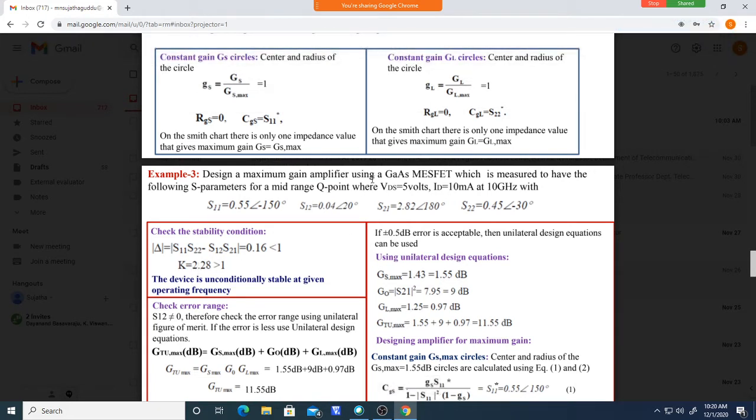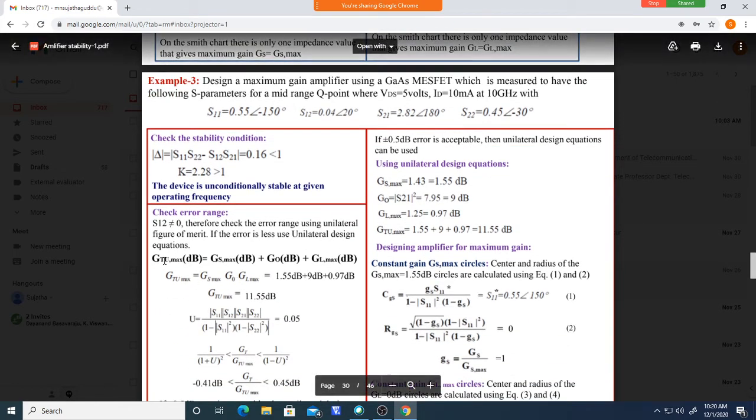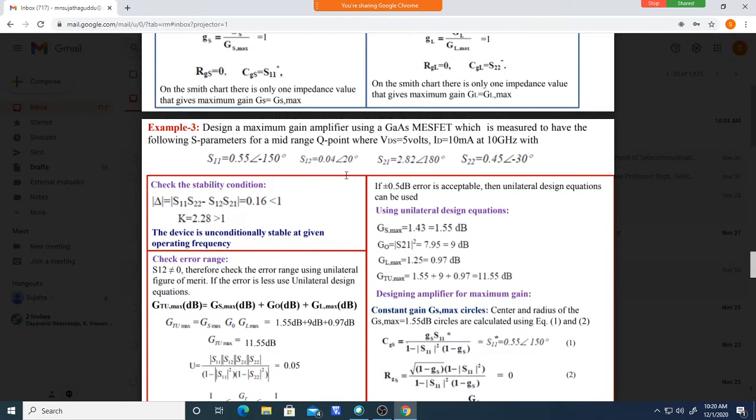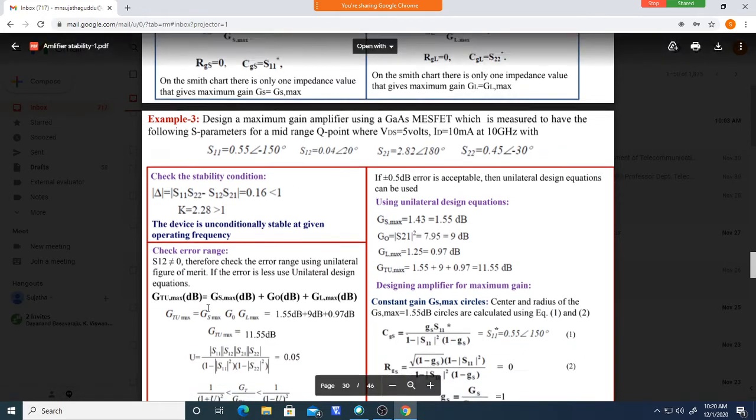It is equal to GT maximum. The required value of gain itself is equal to GT maximum. You see here, GT, what is the gain? It is not specified here, maximum gain amplifier. But to what value should you design? You should design the amplifier for this value,